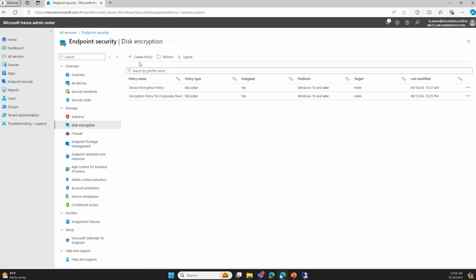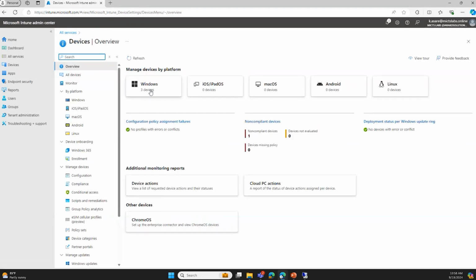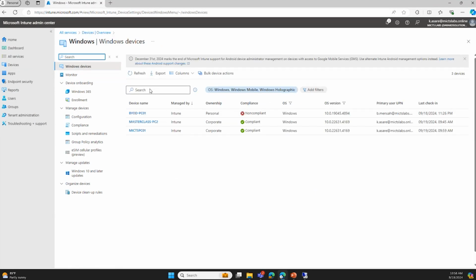Now moving on, let's look at how to rotate a BitLocker key. So another scenario will be, as an admin, you might suspect that your recovery keys or a recovery key for a particular device has been compromised. So what you can do is you just come into Intune, then you look for the specific device. So for example, if I come to devices here, let's say the recovery key for this very device has been compromised. What I can do is I click on this device,